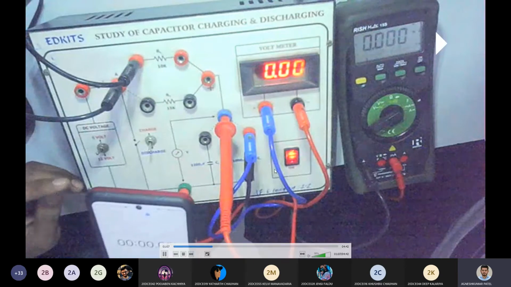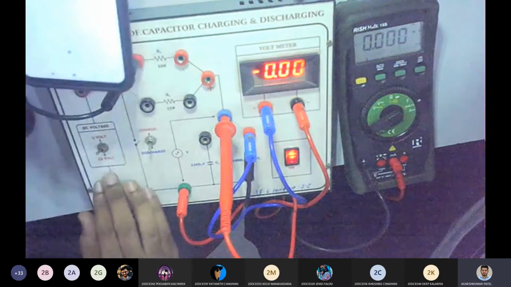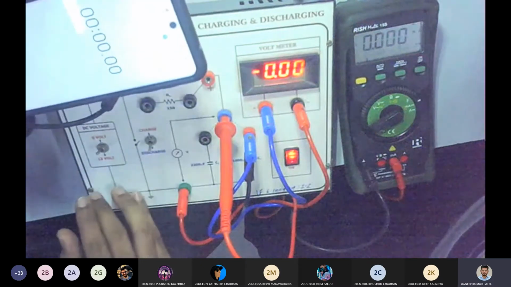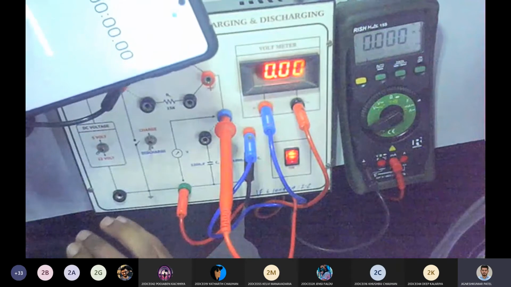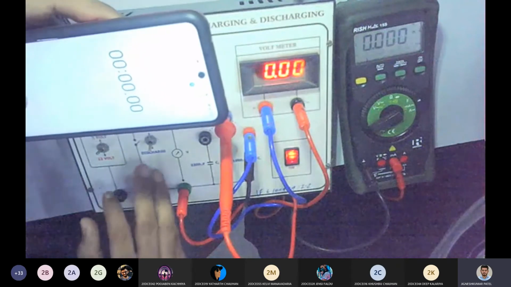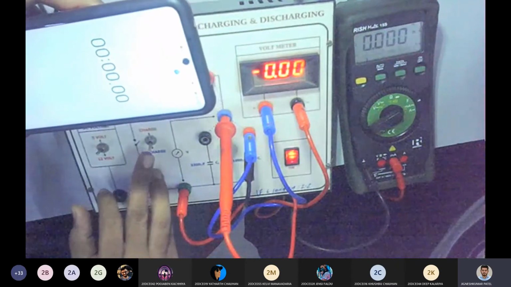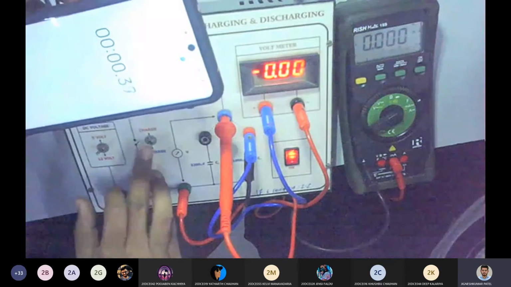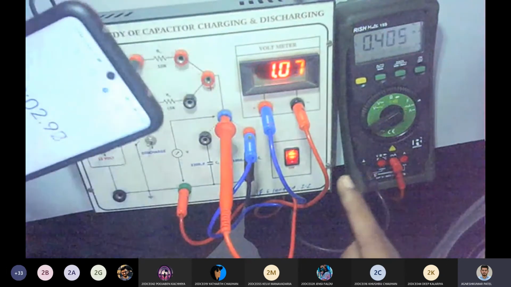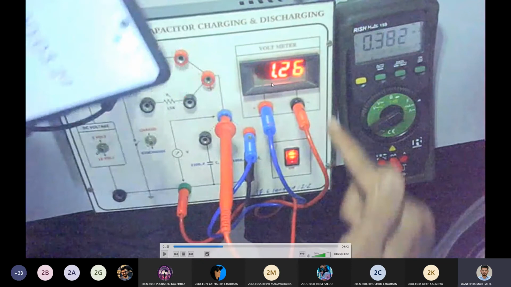Okay, so now let's start. Switch on the kit, and simultaneously start this stopwatch. You can also start or connect into the charging mode. Like this. And see the reading. So now see these two readings. The voltage started from 0. It has already reached 1.26, and your current right now is 0.3 ampere. It is not visible clearly, but it would be mostly ampere. So 0.3 ampere and 1.26 volt.